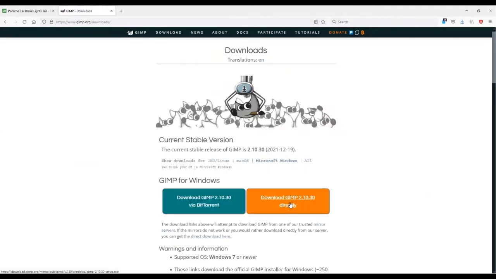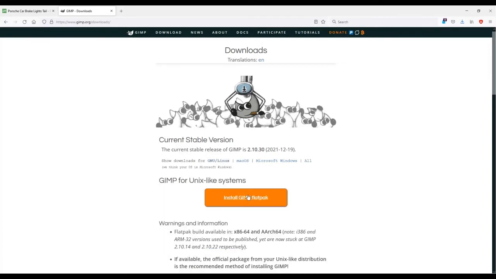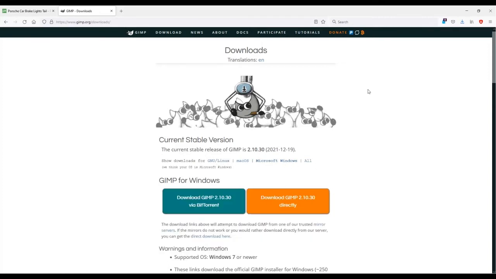You want to download the latest version if you're using Windows. If you're using Mac, be sure to click Mac OS. If you're not using the Mac OS but you're using Windows, then this should work for you. If not, then you're probably not using the Windows operating system. Or if you want a Linux version, you can grab this. Nevertheless,